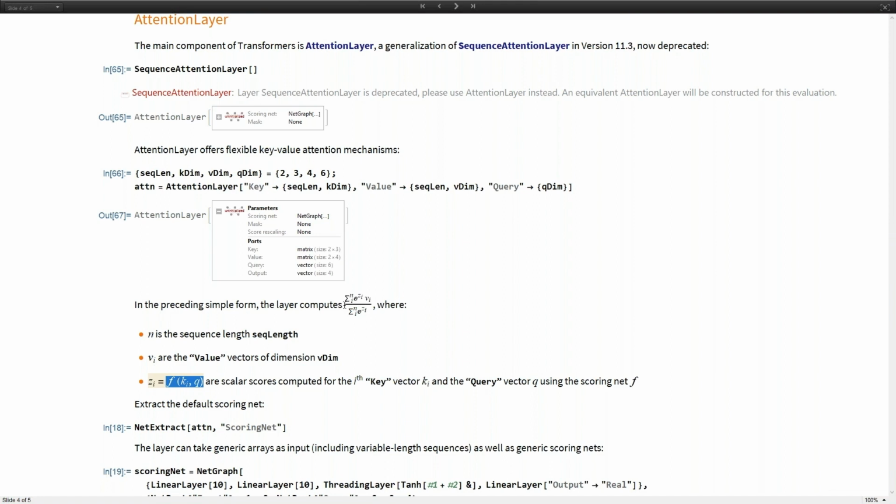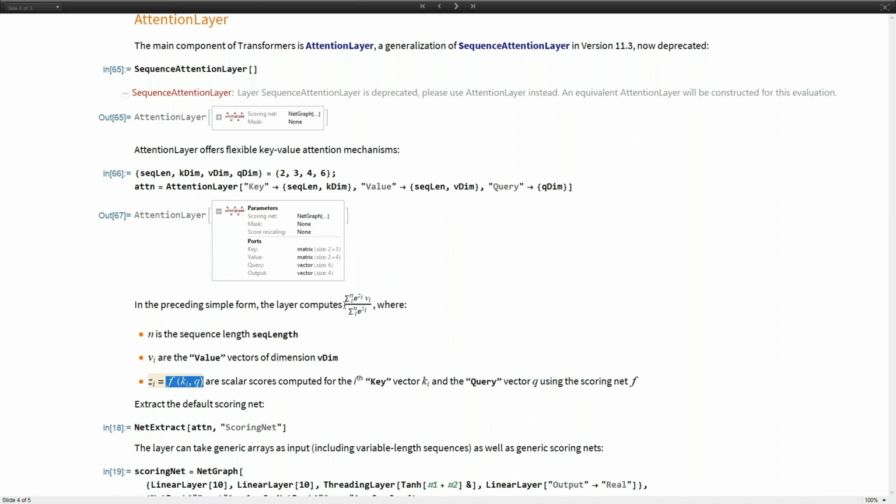the weighted average F is computed using a scoring net, which in this layer is a completely generic network. If you don't specify it, like in this case, you have a default one, which is basically a dot product.